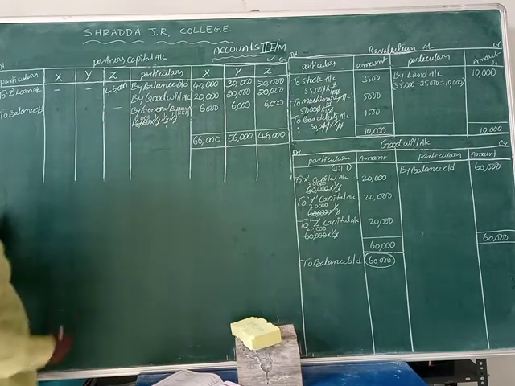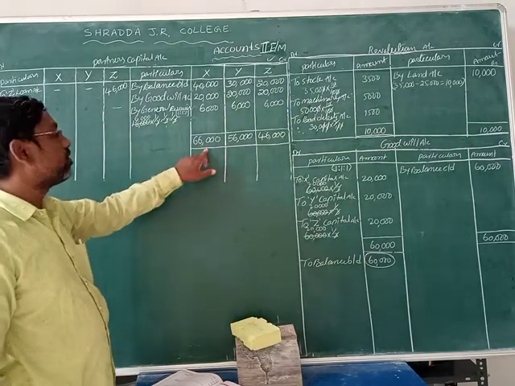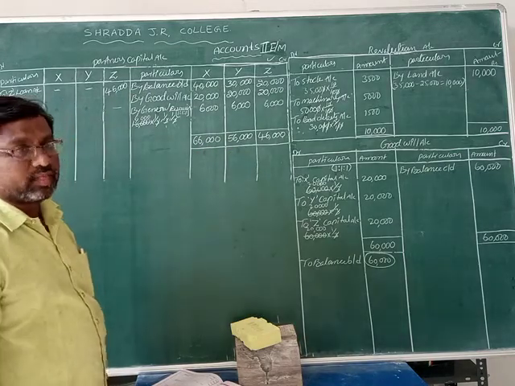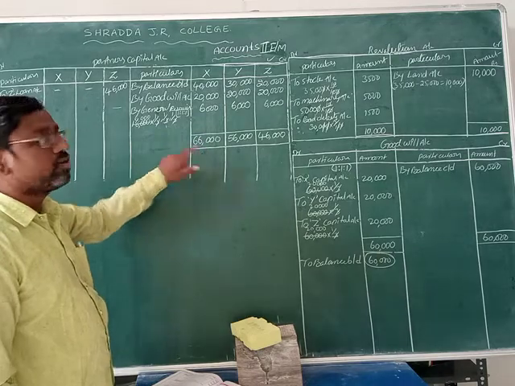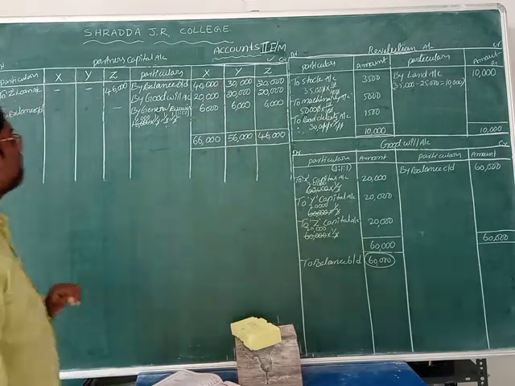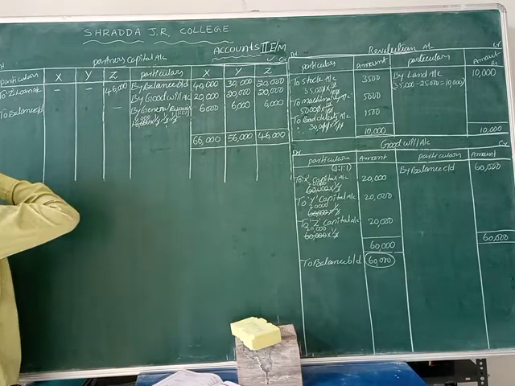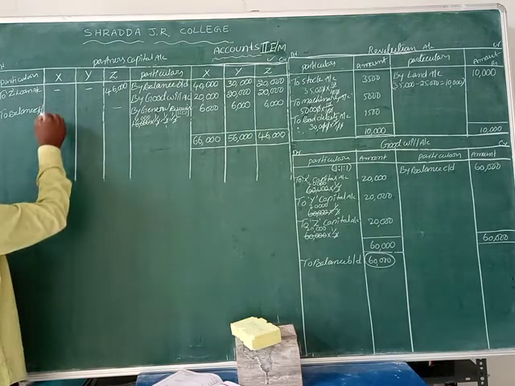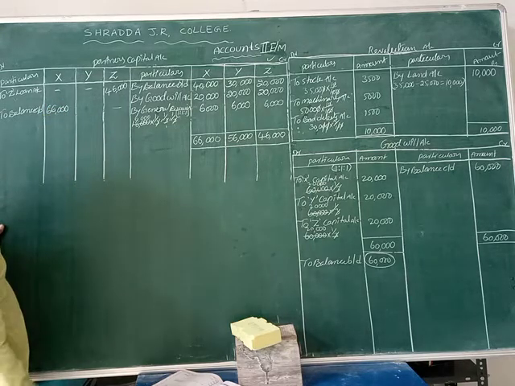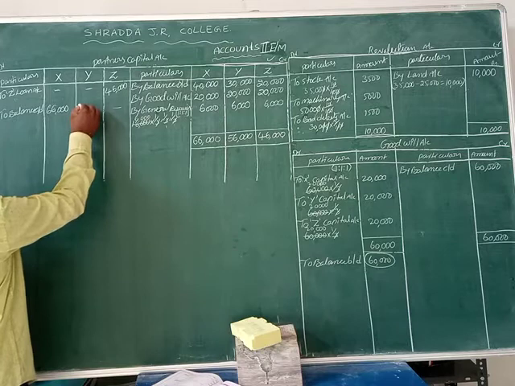Now what can we take here? On the credit side, what total amount is coming now? That amount we can take to balance carried on. So what is the X amount? 66,000. What is the Y amount? 56,000. That's why we take X's balance carried on as 66,000 rupees and Y's balance carried on as 56,000